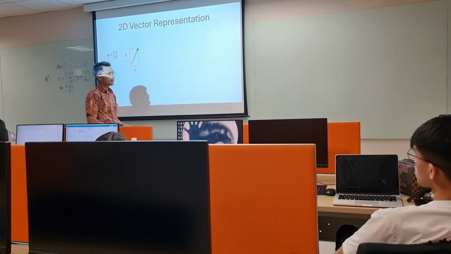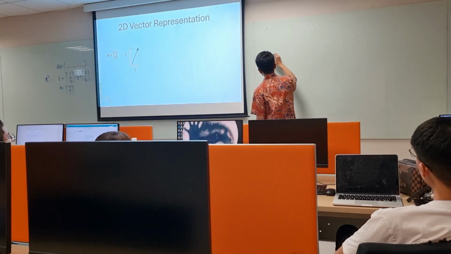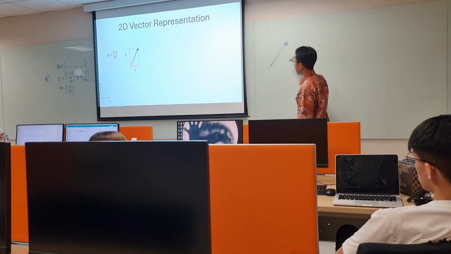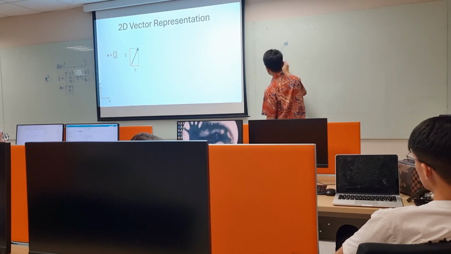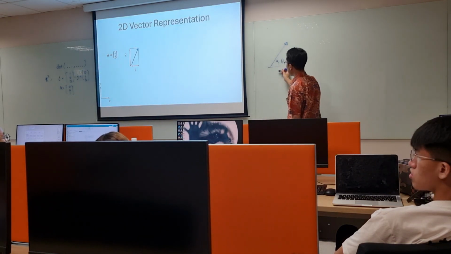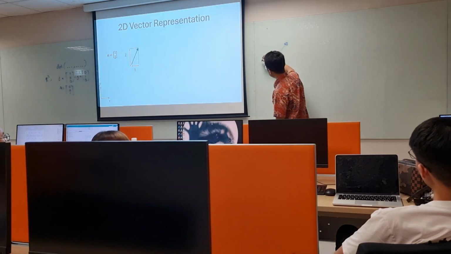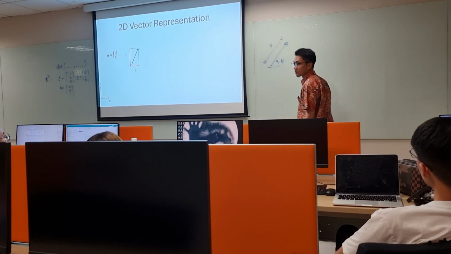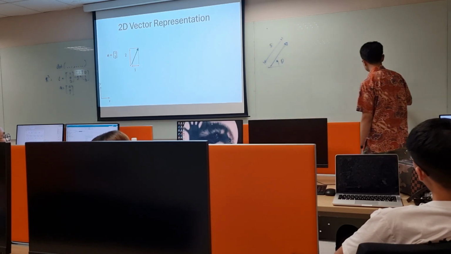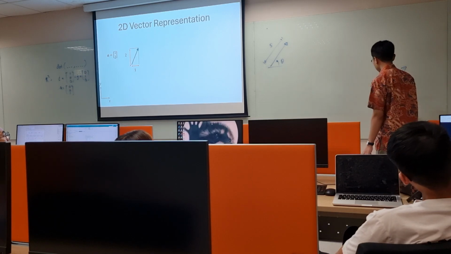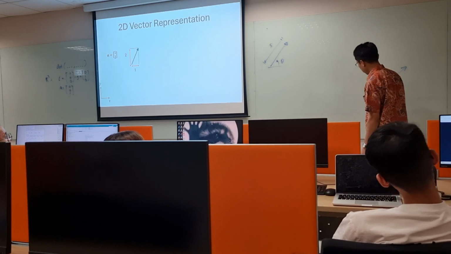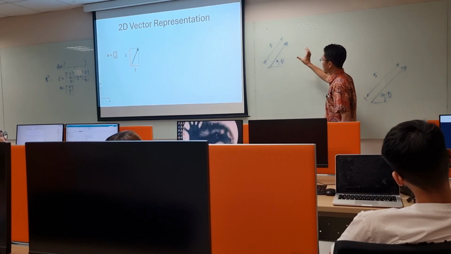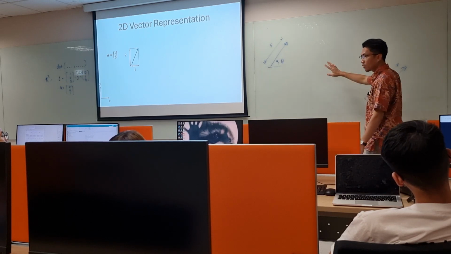So let's say I have a vector that I put here, and if I measure the angle with the x-axis, I get theta. The length of this vector, let's say, is 5. If I draw the same vector here, same line, also the same theta, and the length is 5. Is it the same as this? Are they the same or are they different?